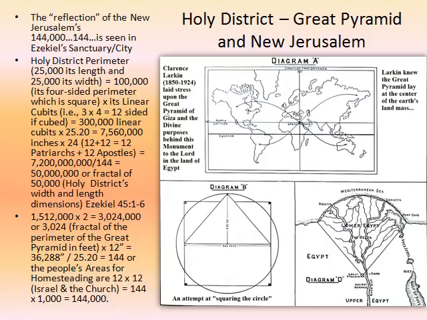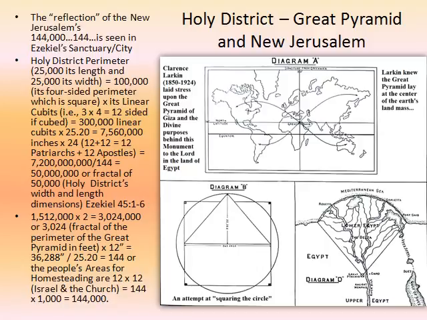Times its linear cubits, you're going to get 3 times 4 equals 12-sided if cubed, or 300,000 linear cubits times 25.20 will equal